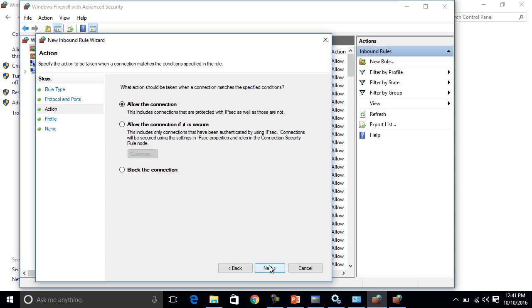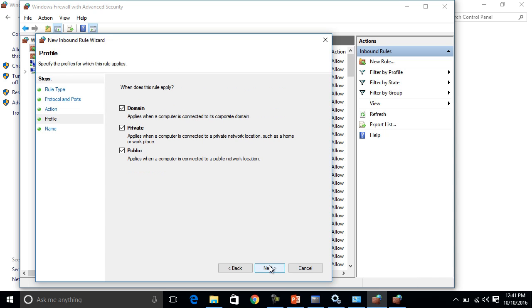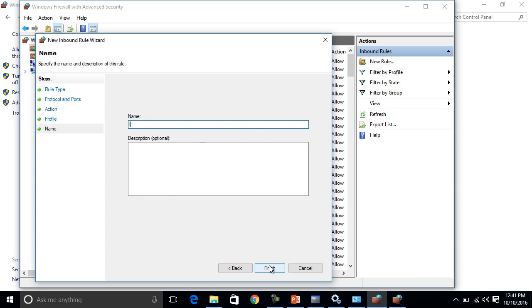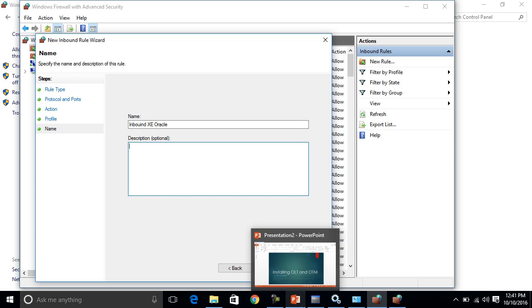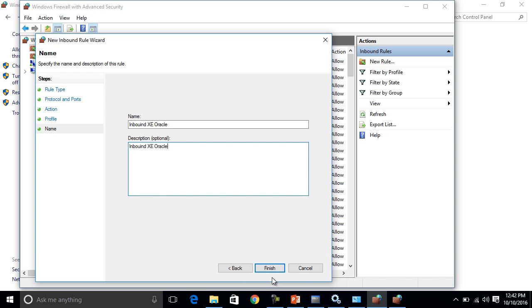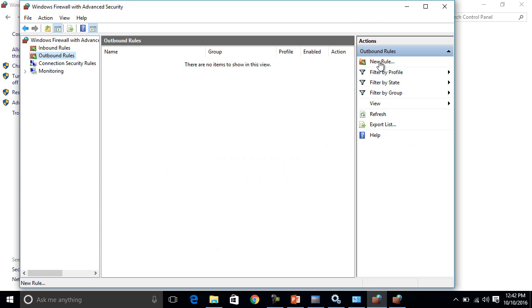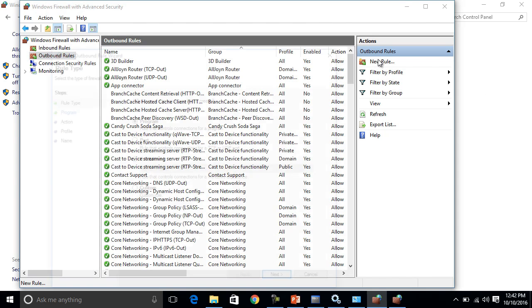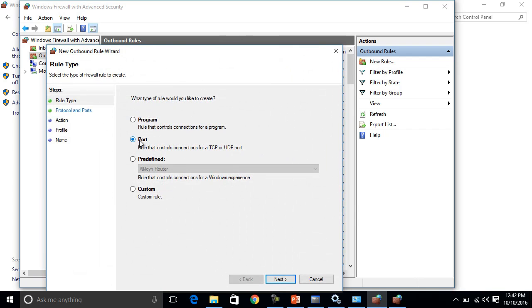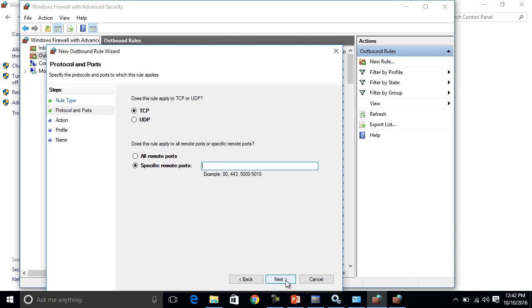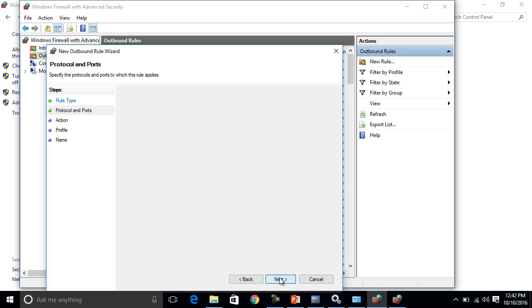Next, select all three: domain, private and public. Give it a name, inbound XE Oracle, or an optional description. Finish. And the same again for outbound rules. You add a new rule, same steps, port 1521, allow the connection.